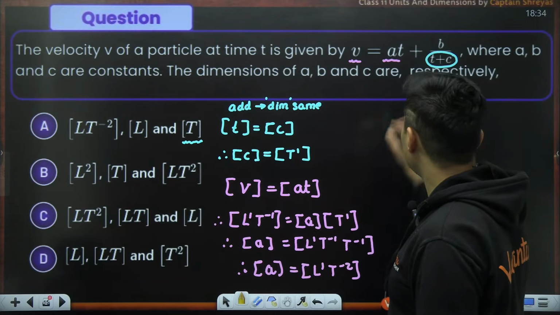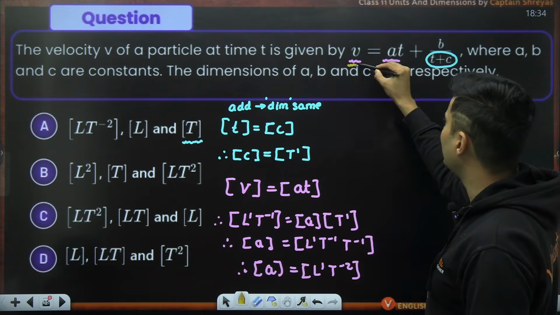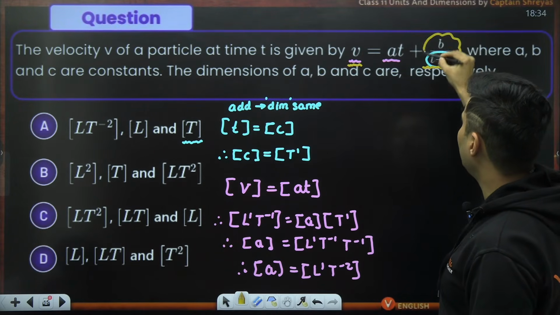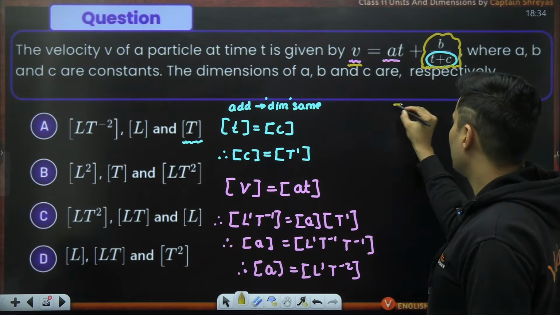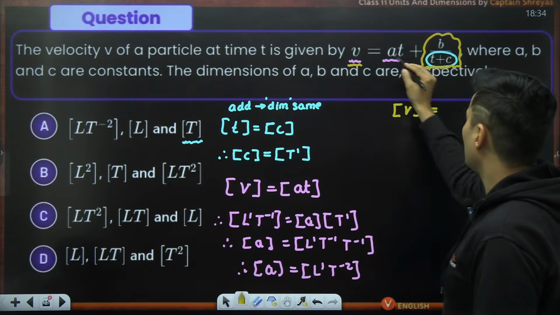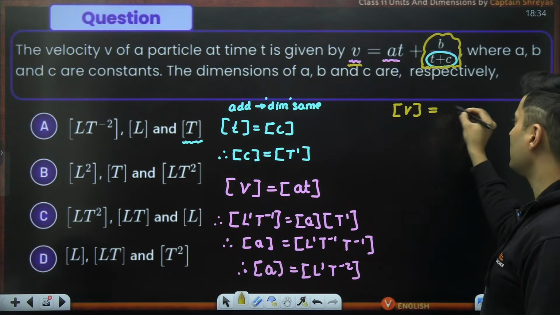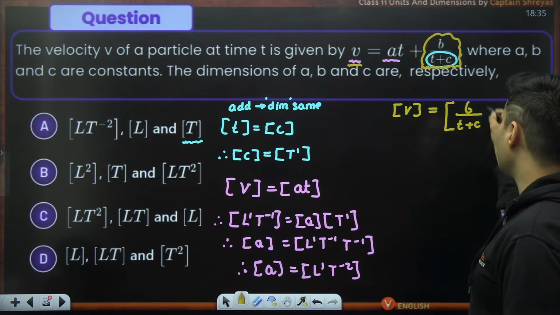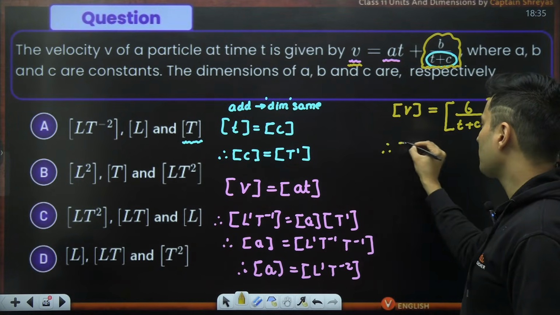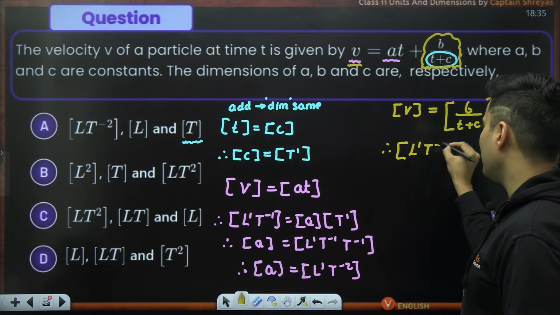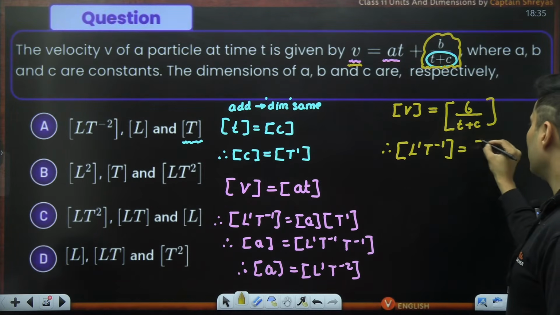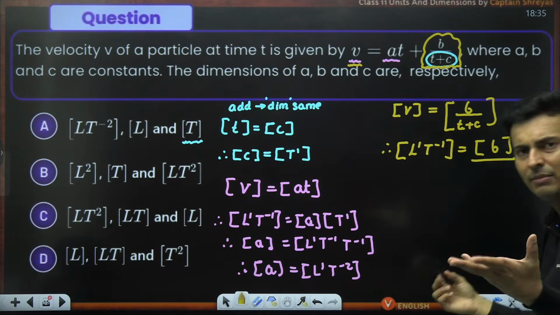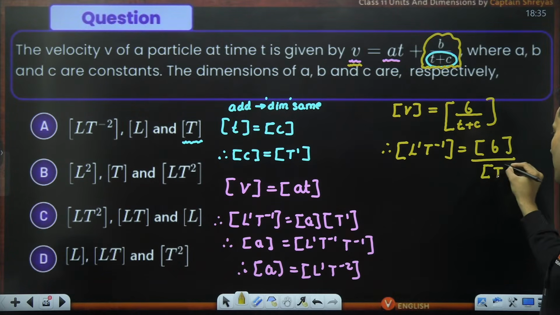Last thing over here, whatever is the dimension of velocity should be the dimension of this entire thing over here. Because they are added and subtracted with the same dimensions, the dimension of velocity will be the dimension of B divided by T plus C. Now velocity has a dimension of length raised to 1, T raised to minus 1. On the top I have the dimension of B. Below, time and C have the same dimensions. Technically it is the dimension of time.